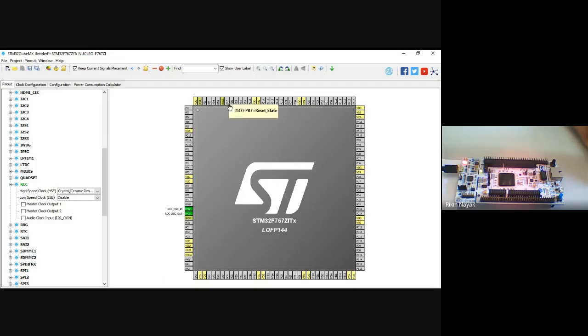So in this we will do LED interfacing only, right? We will blink an LED. For this we will select the PB7 pin, because on the hardware here you can see one LED is currently blinking, and it is connected to this pin. So we will configure this pin as a GPIO output.